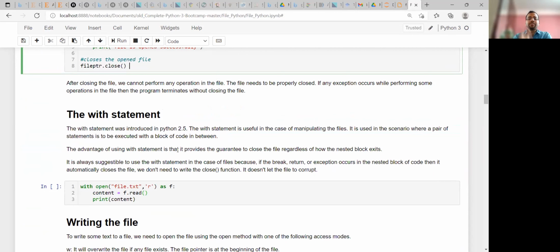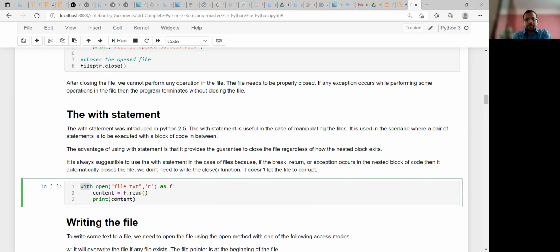Next is, sometimes in some book or some program you will find that this kind of file handling is also done another way, one that starts with this syntax. Now there are certain advantages of using this with syntax. We are doing the same job, but if you are using this method to open a file,